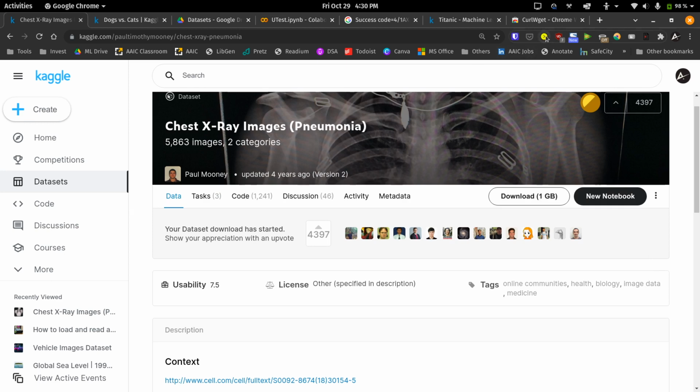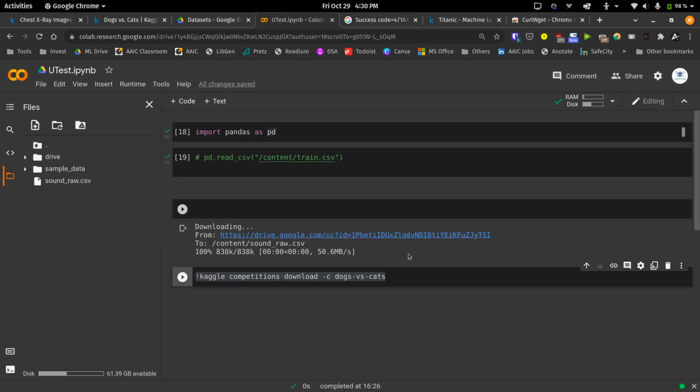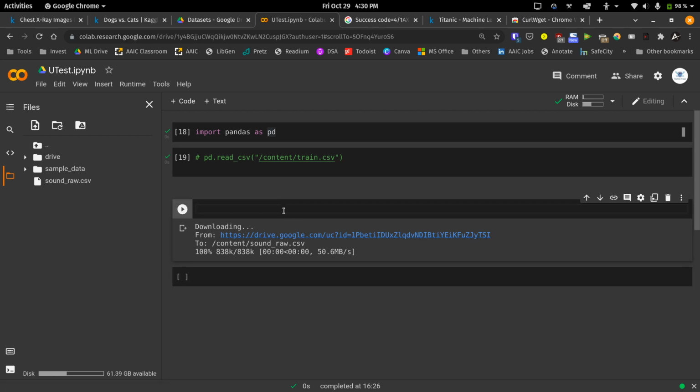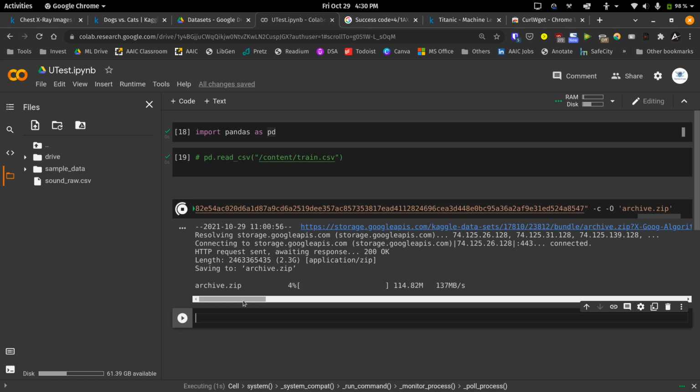Now I'll go to this curl wget extension, and if you see, we see a wget call made here. Just copy this whole thing. This is an Ubuntu command, a Linux command. So give an exclamation mark and paste the whole thing as it is. Click on run, and if you see, it's now downloading the file.